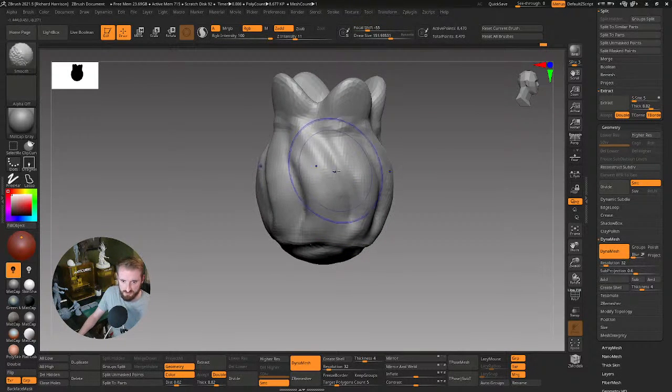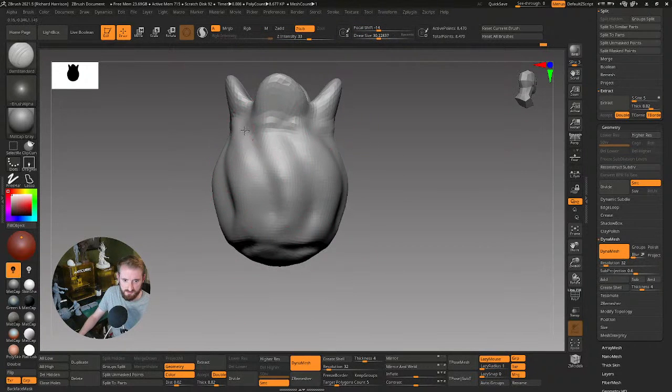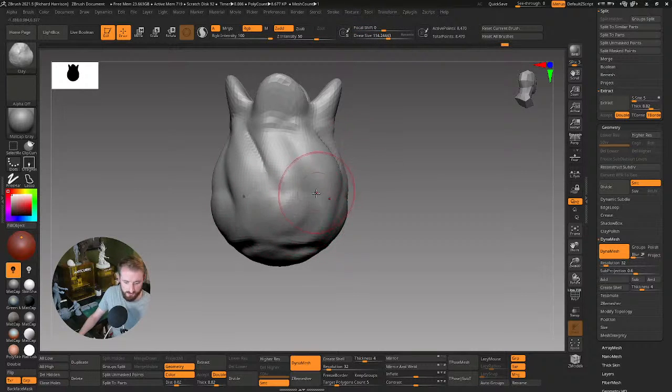I'd maybe not even go too crazy with these creases for now, because just popping into my clay brush and then jumping over to my